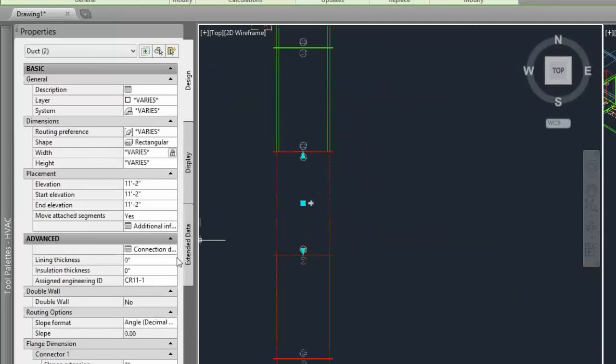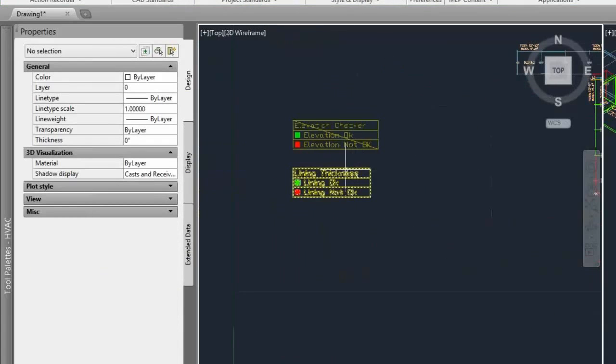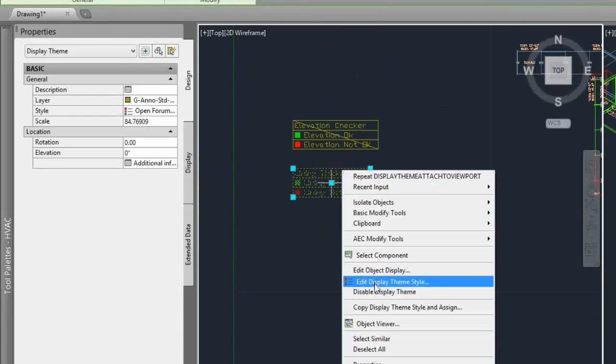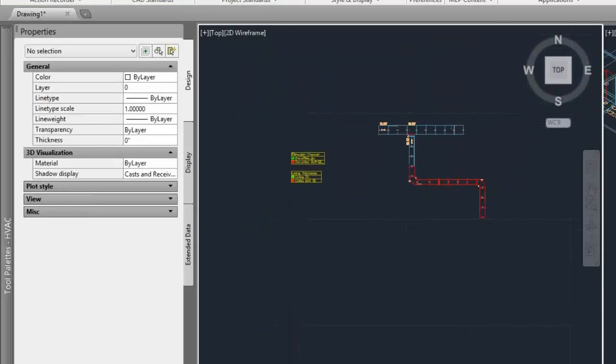If I come over here and change this lining thickness to 2 inches, it does nothing. But if I come back and change it to 1, it colors up. Now, let's go back and look at this style again, and let's change this back to greater than 1. Come back here and look,